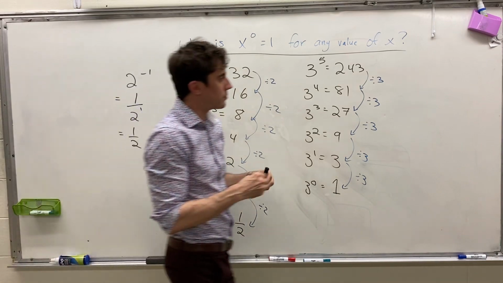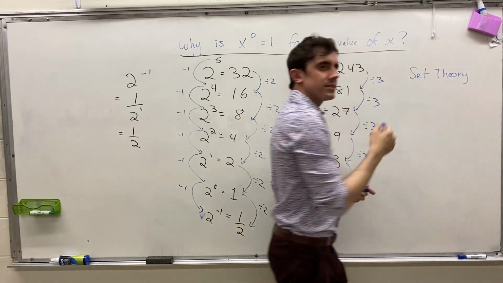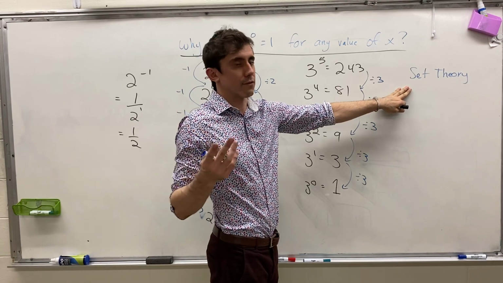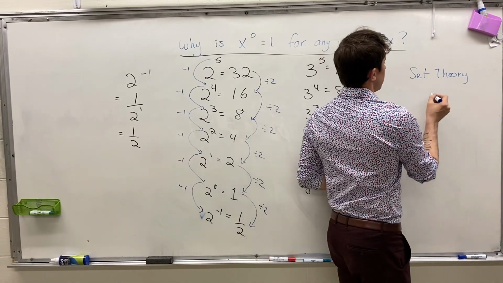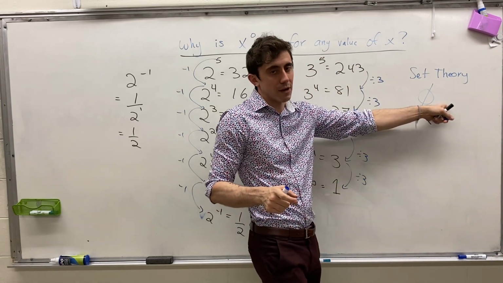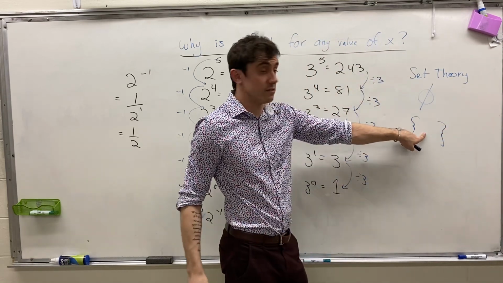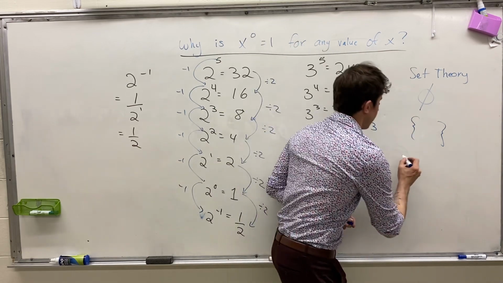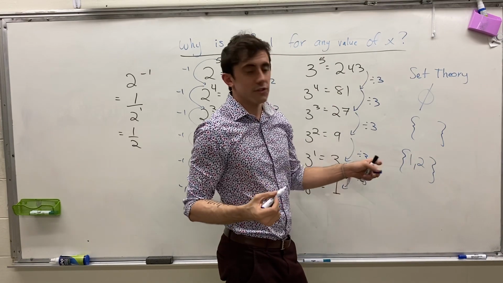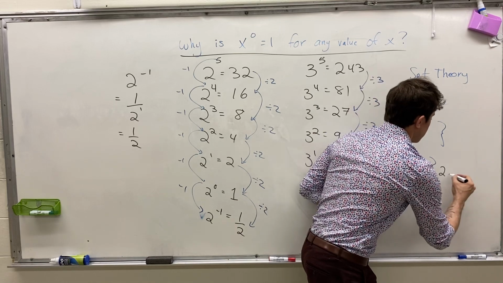And it has something to do with set theory. For those of you that are interested in stuff like this, you can look at set theory on Google, or there are a number of great websites. And it has to do with the empty set, namely that we don't say that there are 0 elements in an empty set. So if I give you a set with the numbers 1 and 2, the number of elements in the set is 2, right? 2 elements,